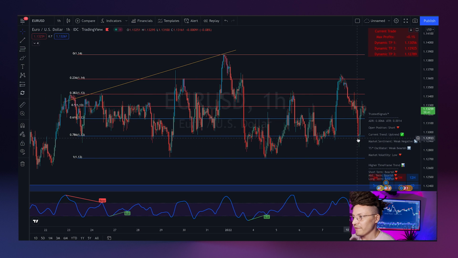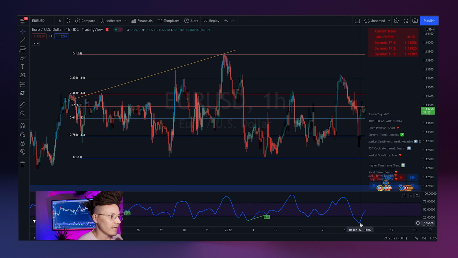Now the reason why this buy zone was perfect is because if you look in the RSI, it's way down here. The fact that the RSI was oversold and it was really low at this point, and taking this short for me would be a little risky because it's in the middle of the RSI. You want to buy and sell when the RSI is either up here or down here together with the